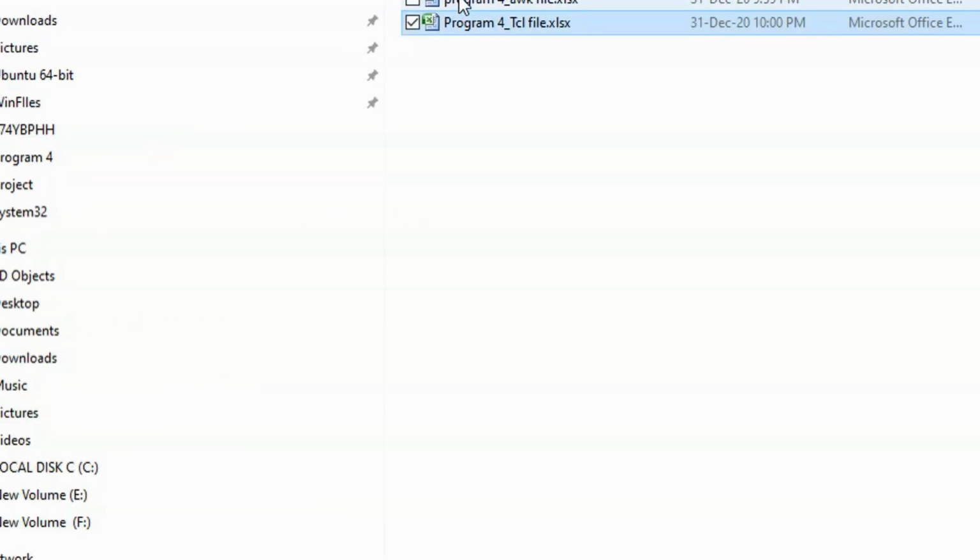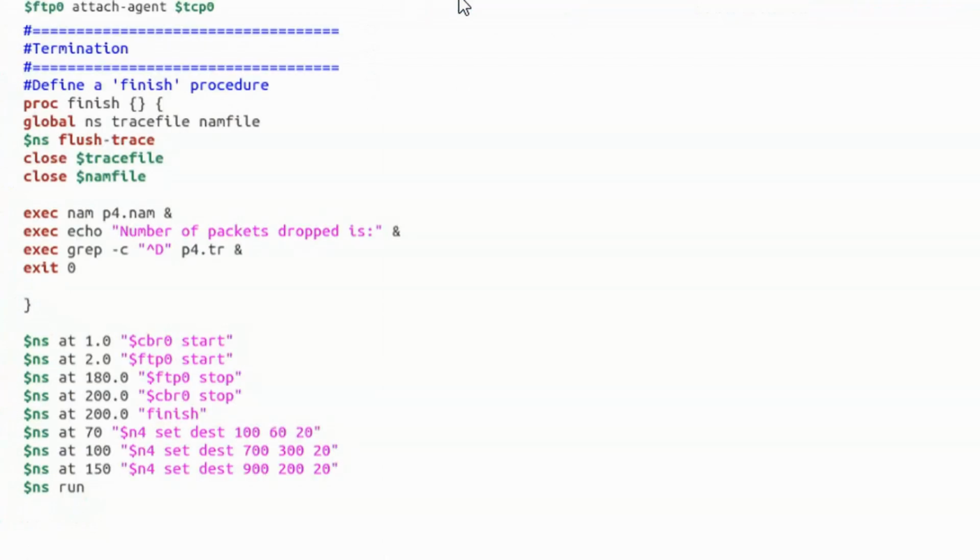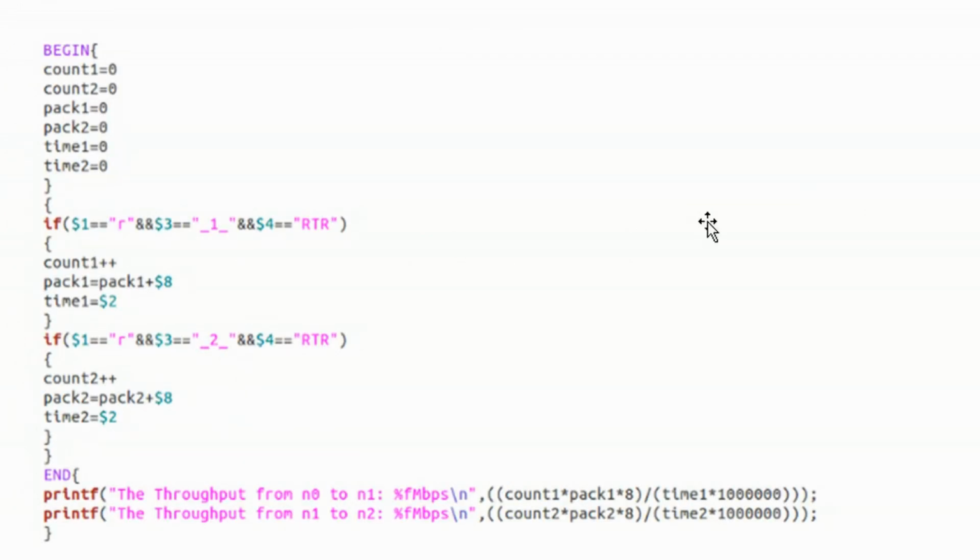So that means we can easily process and get the output from the log files, the trace files.